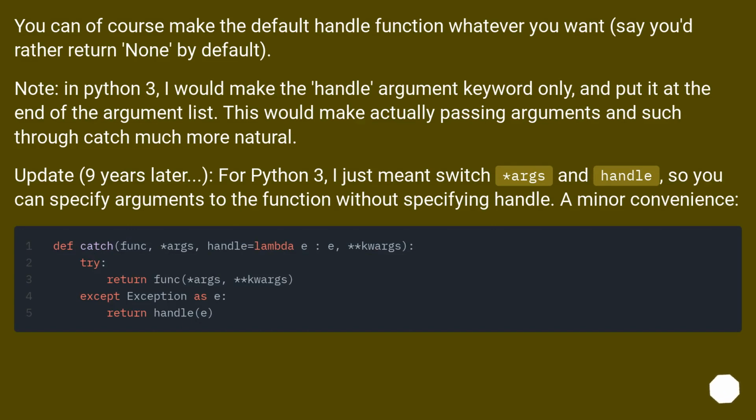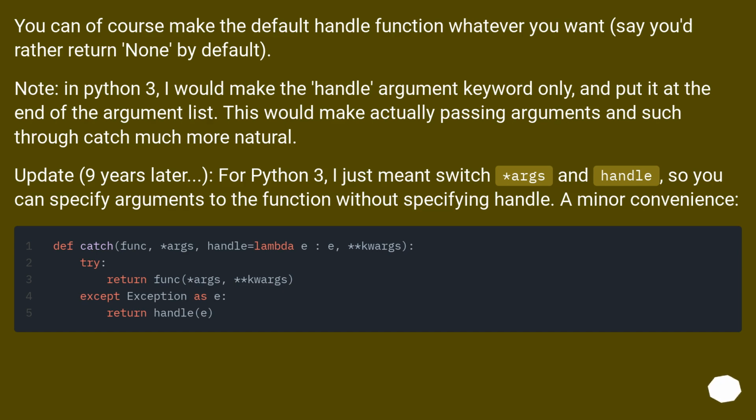Note, in Python 3, I would make the handle argument keyword only, and put it at the end of the argument list. This would make actually passing arguments and such through catch much more natural. Update, 9 years later, for Python 3, I just meant switch args and handle, so you can specify arguments to the function without specifying handle.